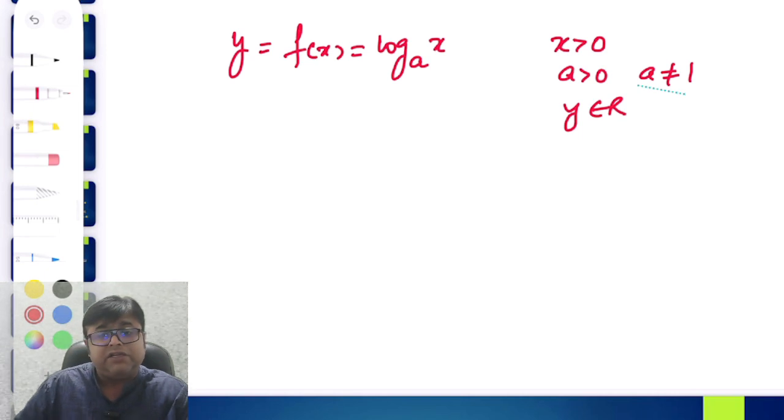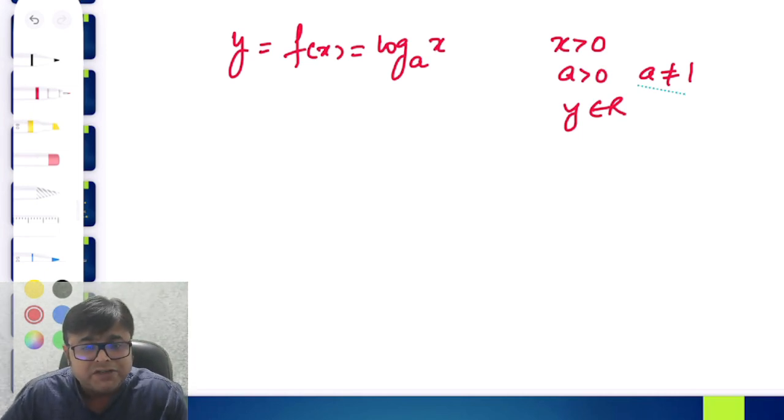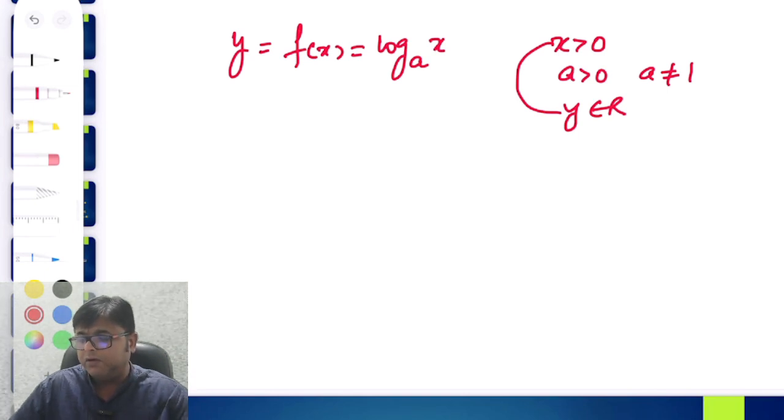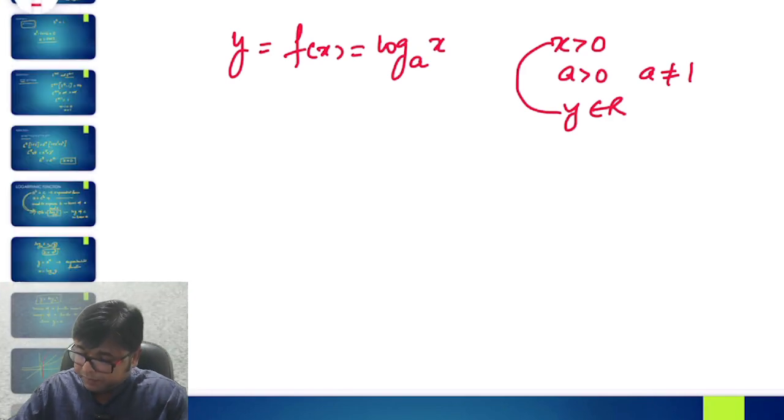Just the way it happens in the inverse function, you can see it has happened here also. For the exponential function, the domain was any real number, the values of x were any real number, and y was greater than 0, and here it has swapped, which happens in the case of inverse functions, right? So these are the characteristics you need to follow. x is greater than 0, a is greater than 0 but a cannot be 1, and y is any real number. But since again we have two cases, if a is greater than 1,